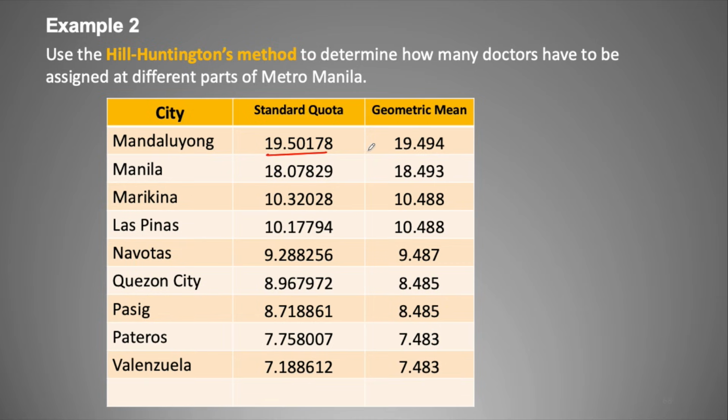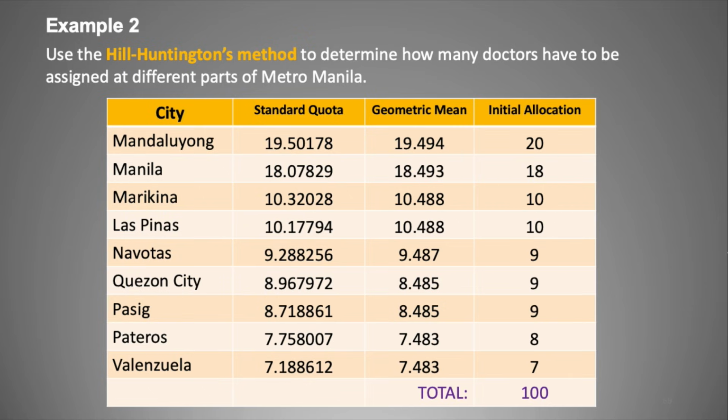Since the standard quota is higher than the geometric mean, we're going to round this up. On the contrary, since the standard quota is less than this geometric mean, we're going to round this down. Similarly, since the standard quota is lower than this geometric mean, we're going to round this down. Since the standard quota is higher than the geometric mean, we're going to round this up. Same rule applies in other cities, and we're going to have these allocations. And since the total initial allocations is 100, then we were able to allocate the 100 doctors to the different